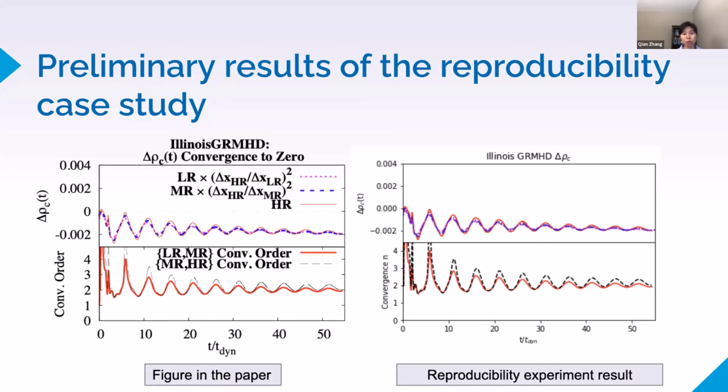So we call it reproducible, but the specific accuracy of our reproduced results compared to the paper still needs more in-depth analysis. I need to mention that this figure on the left was published in the paper. When we do reproducibility, it's important not only to be able to execute the simulation and get the results, but also to have access to the data and analysis code for creating this figure. I will talk about this more in the next slide.